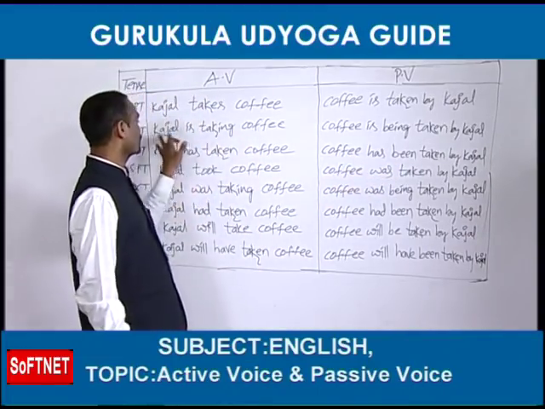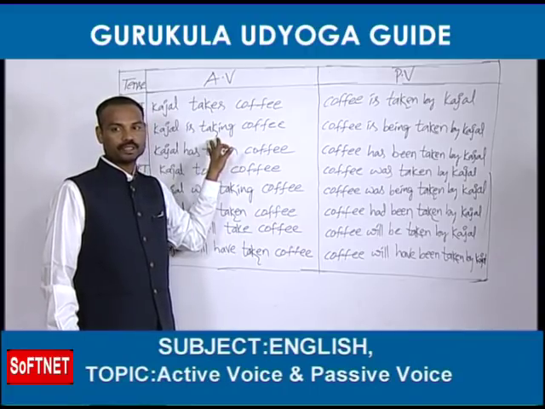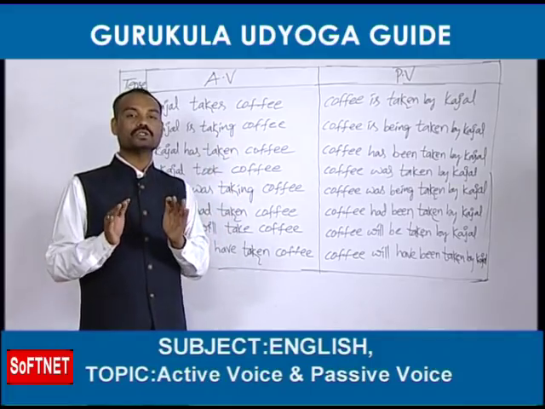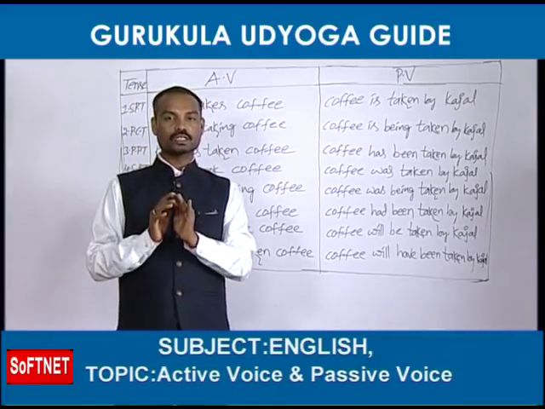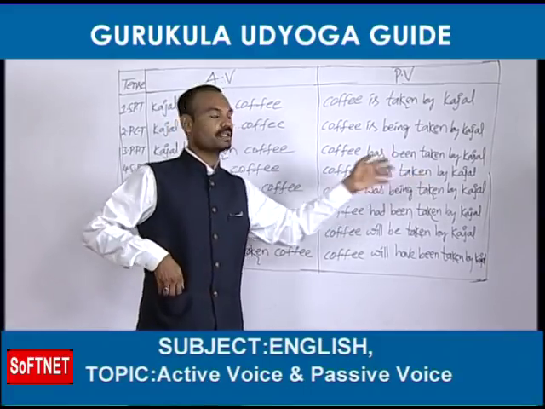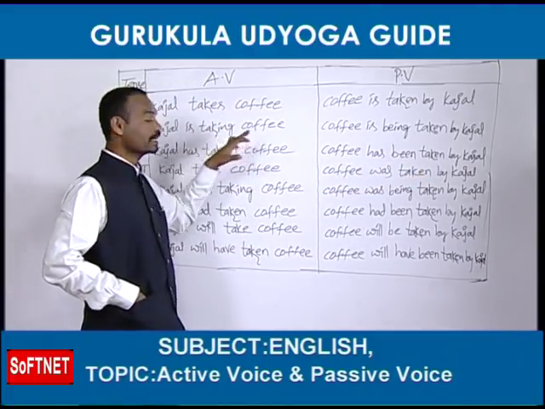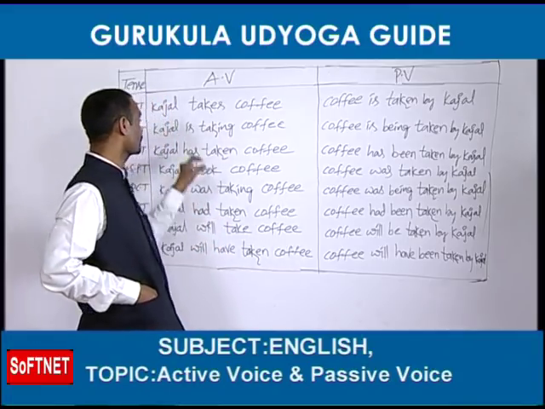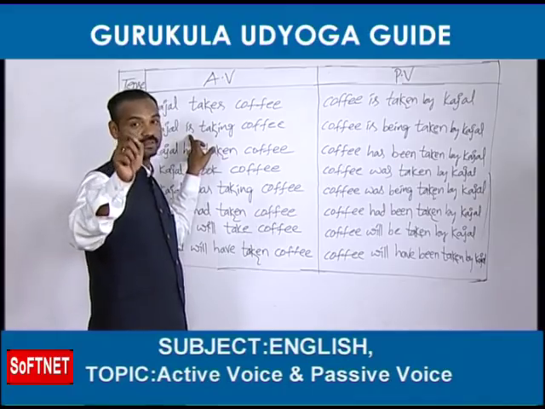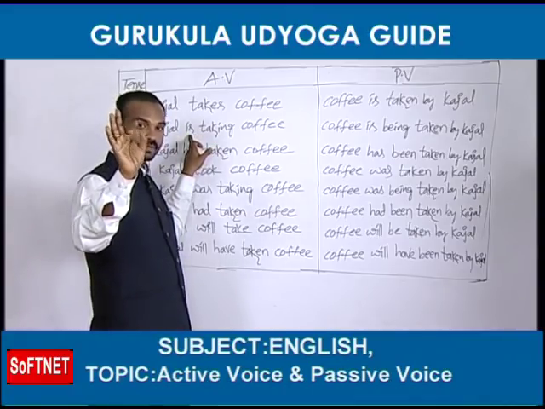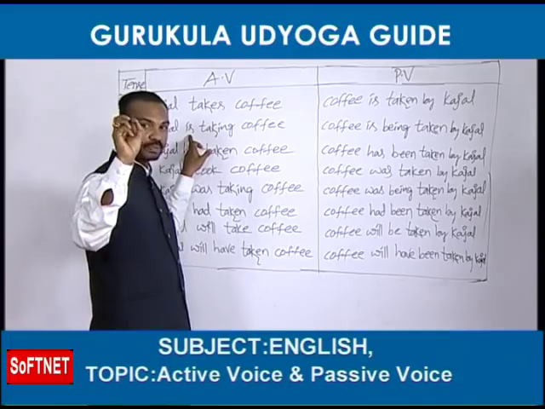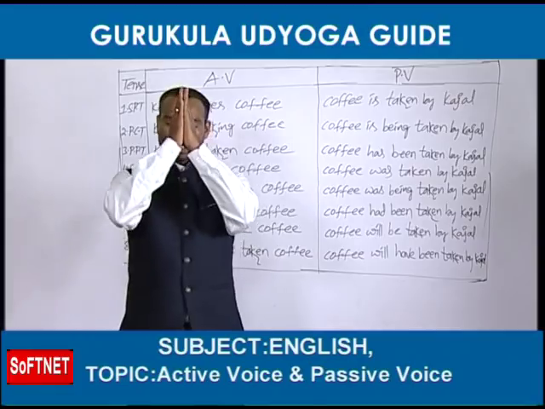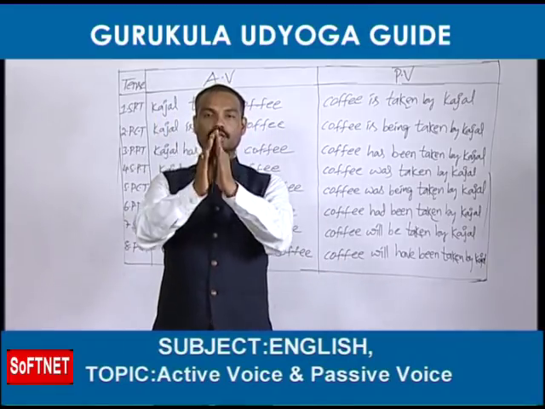Let's see present continuous tense. Which tense I am teaching now? Present continuous. See friends, how to change active voices of present continuous into passive voice. Kajal is taking coffee. This is present continuous. How can you find out that it is present continuous? See, whenever you find out am, is, are plus ing form in the given sentence, you can find out that sentence belongs to present continuous. Now we should change this active voice into passive voice. Friends, whatever the tense it is, same formula only should be applied.